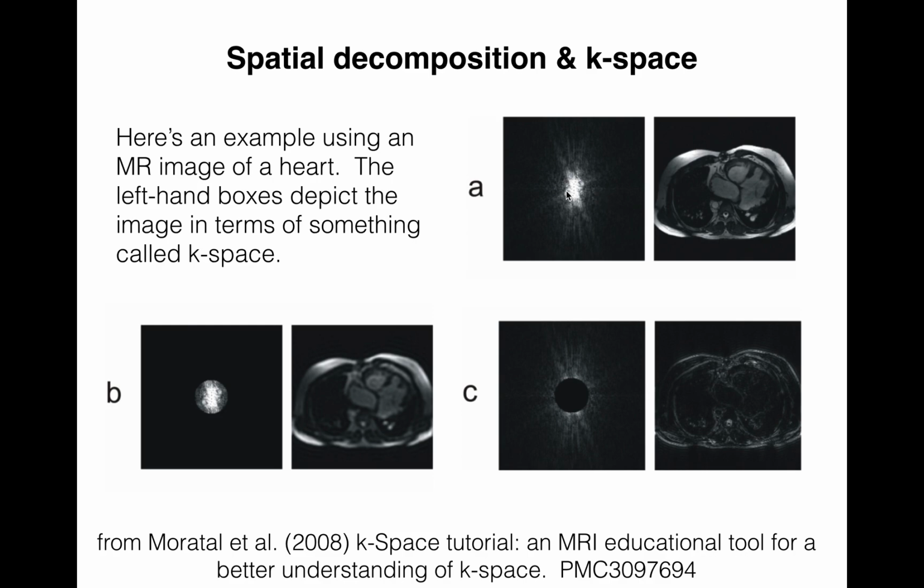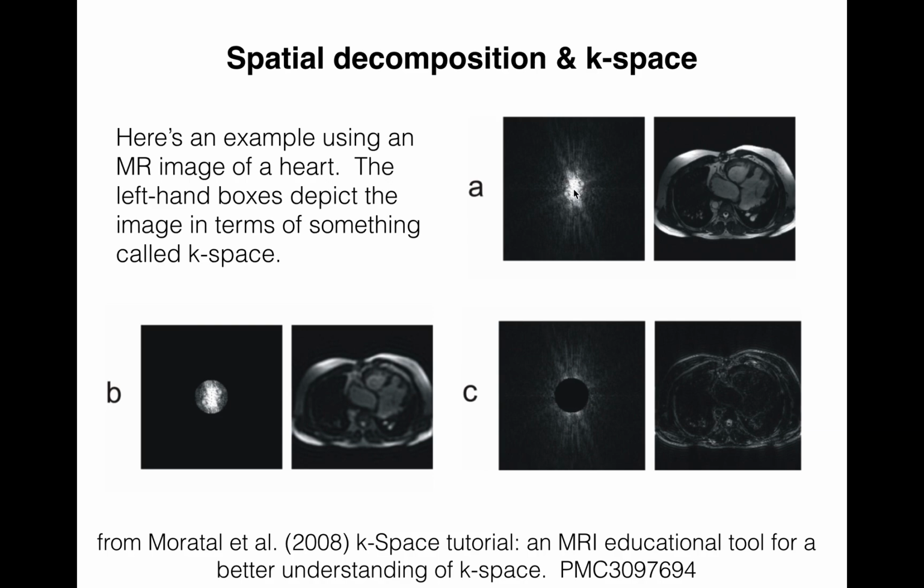All right. So one thing to say is that the left-hand and the right-hand images, they're both the same image. But how could that possibly be? What does that even mean? One of them looks like a little starburst, the other looks like you cut through a heart. Well, the picture on the left is the same image, but in terms of something called K-space. And K-space is a way of organizing all of those different spatial gratings that we were just looking at on the previous slides. And so each point in this left-hand image represents one of those gratings, where